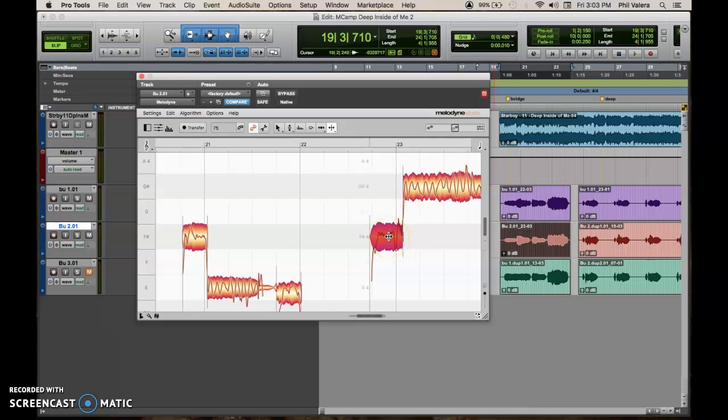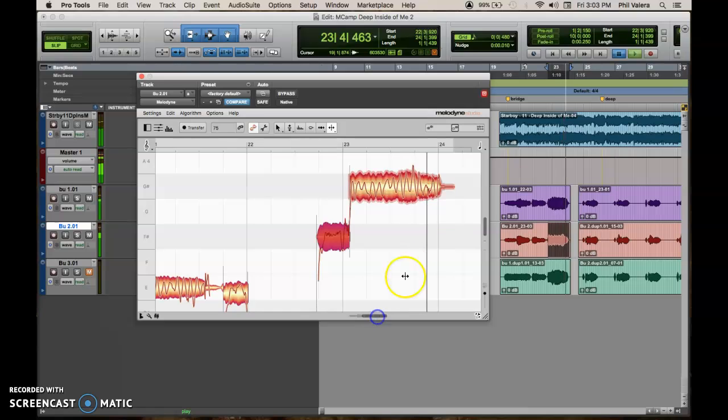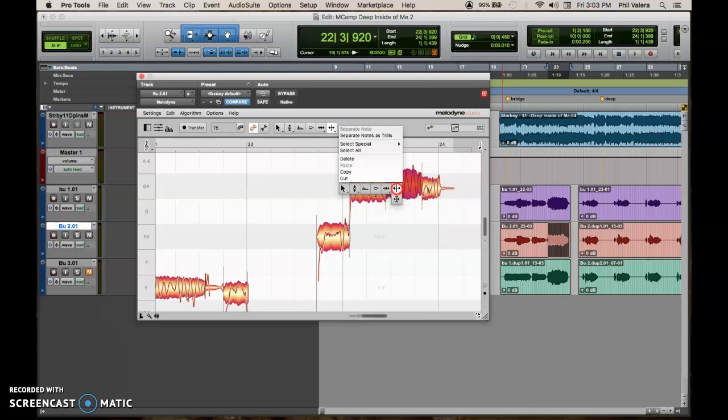So she's pretty close. Let me select this section over here so I can just play that. And I think I'll cut it here and here. This cutting tool really helps as it allows you to